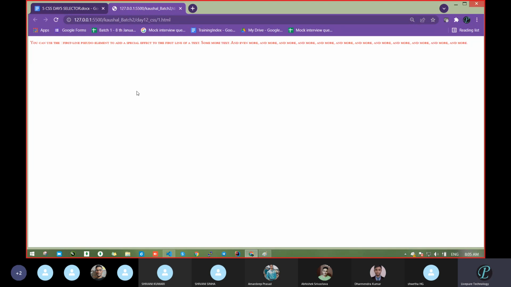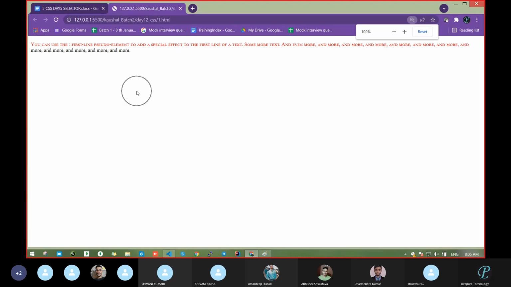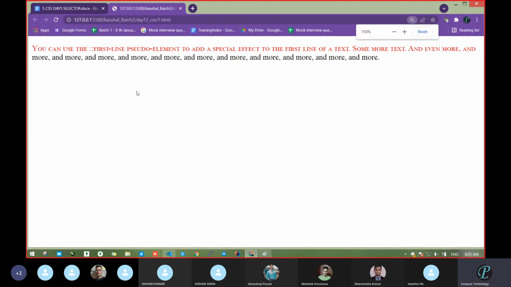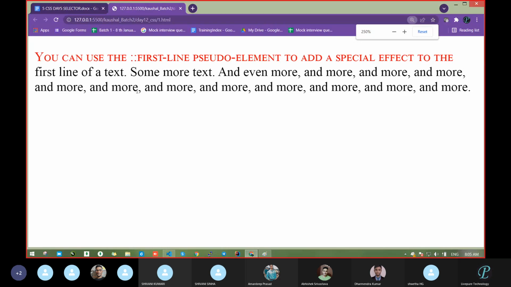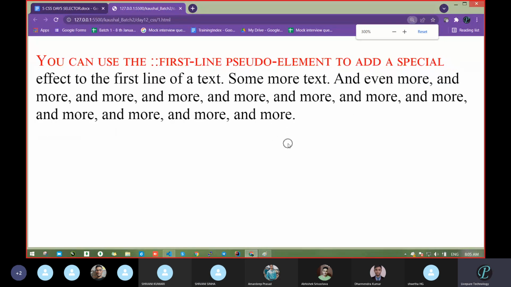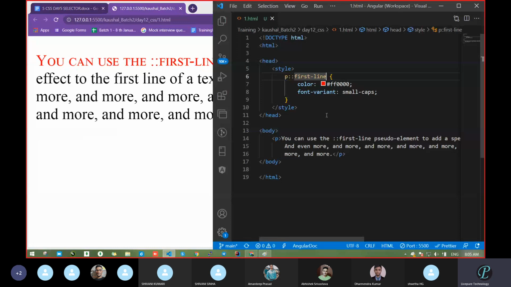Is this visible? Did you get some idea of what first line does? If you have done anything and you want that first line, then you can go with this one. Okay, now the question is how we can keep in mind whether this is an element or a class.